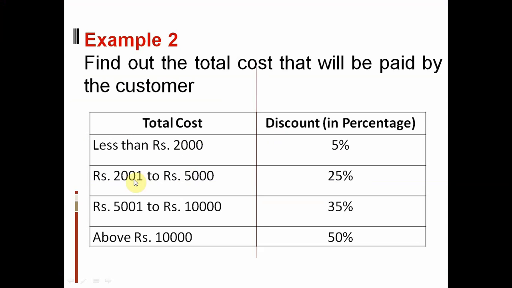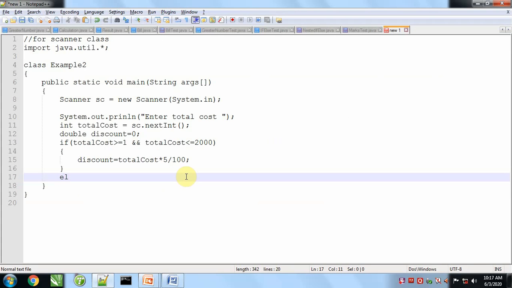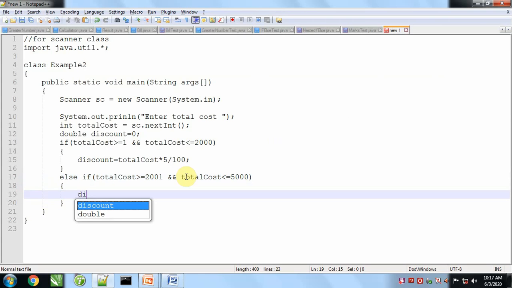In the second case, if total cost is in the range 2001 to 5000, we will apply an else if ladder: total cost is greater than or equal to 2001 and total cost is less than or equal to 5000. In that case discount will be total cost into 25%.